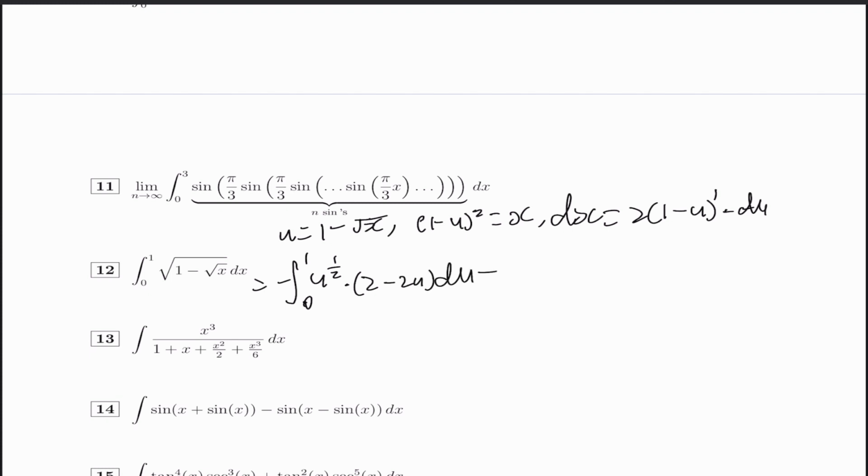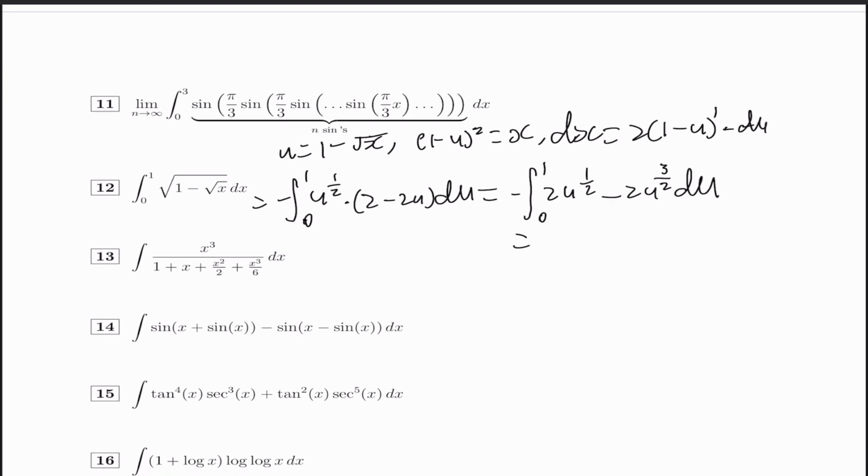So now we can actually distribute this, and we'll see that we get negative the integral from 0 to 1 of 2u^(1/2) minus 2u^(3/2) du, and this is quite simple to evaluate here. We have now negative 4u^(3/2) over 3, evaluated from 0 to 1. And then we add now, because this negative and this negative becomes a positive, so now we have to have